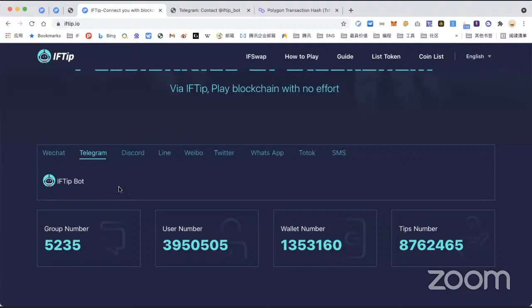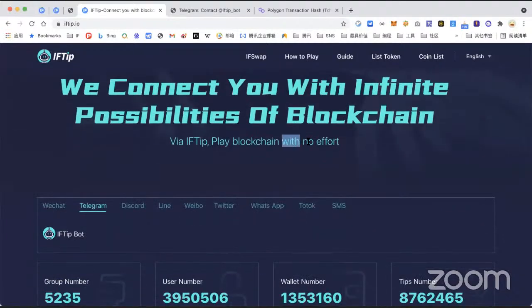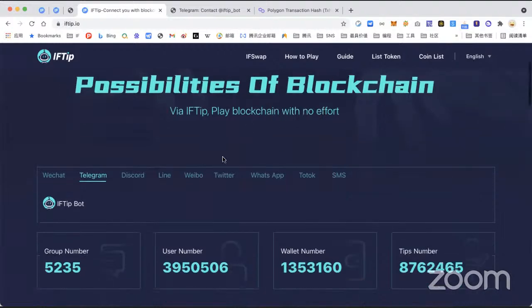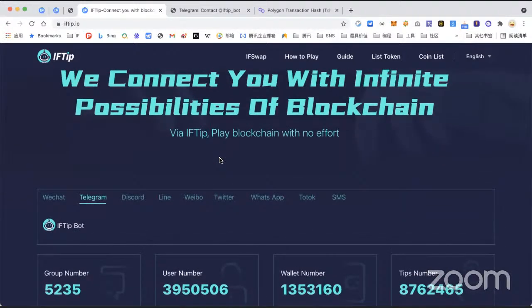We have a base for 2 years to make this happen, and we want to make decentralized tools for some projects, for example some DAO projects, or new projects that don't have a lot of money to invest in marketing. So this is decentralized tools.